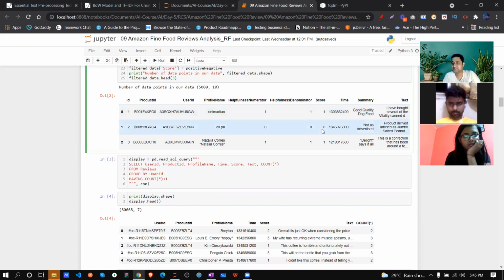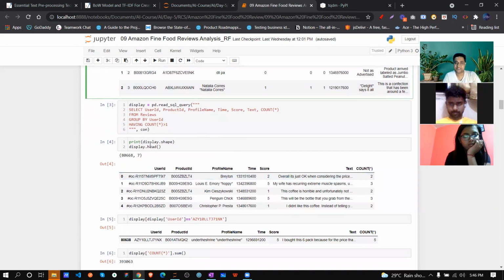Score we already discussed: 1 and 2 negative, 4 and 5 positive, 3 neutral. Time is a timestamp, then summary and text. Mainly we are going to deal with summary and text, mainly text. Text is the actual feedback, and from this we have to predict the sentiment.